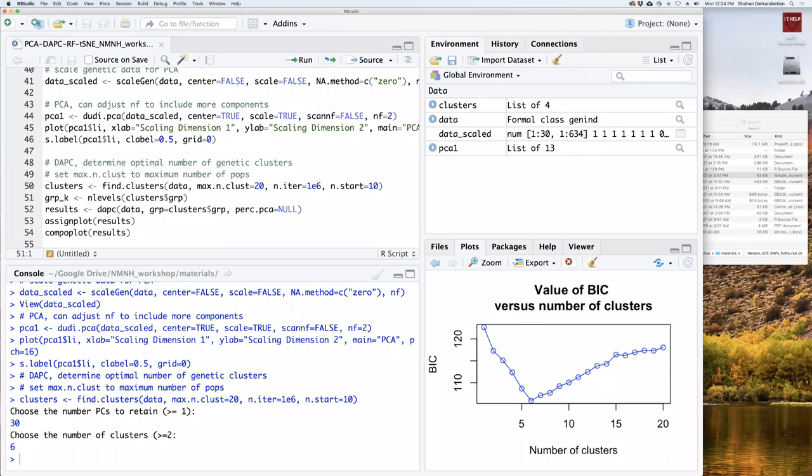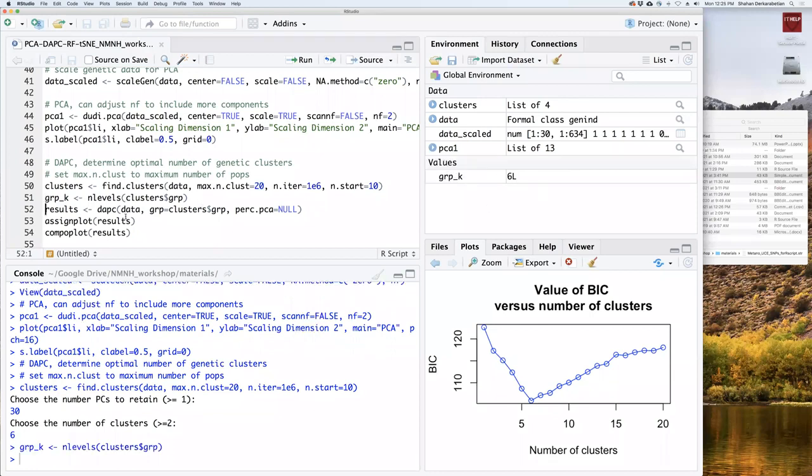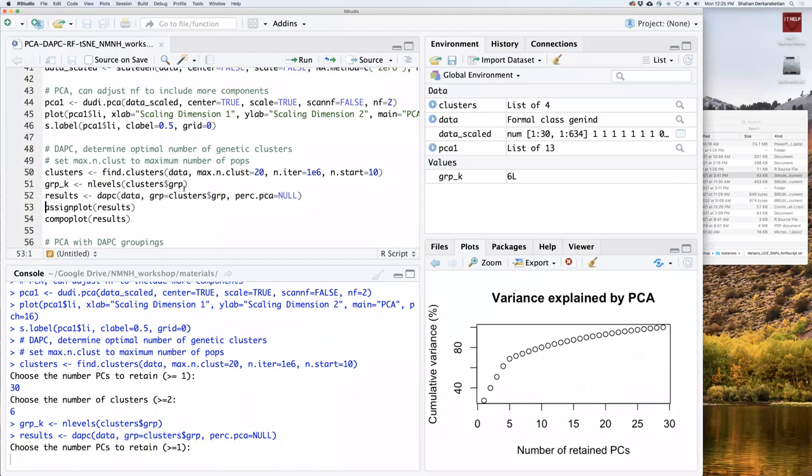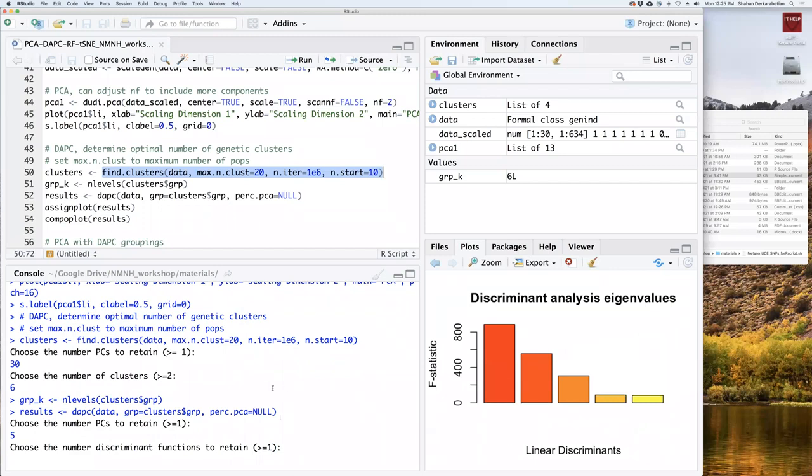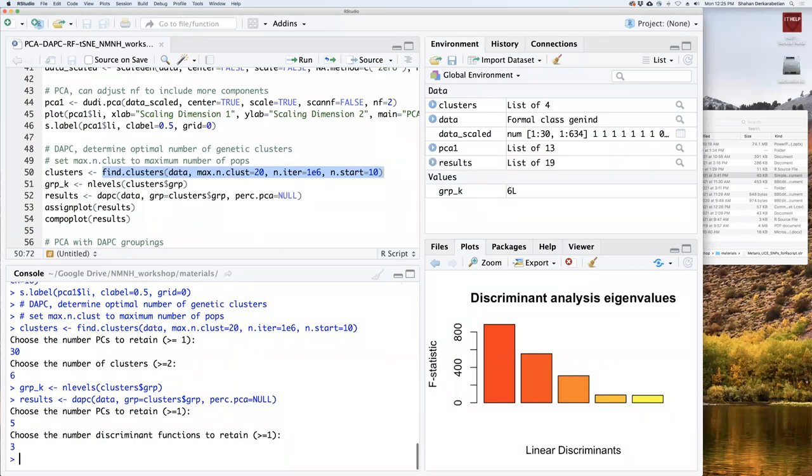Okay, so group K just stores that number in this variable here, which I'm going to call later. Next, we're going to do this assigns, so this determines the number of clusters, and the rest of this assigns the samples to those clusters. In this step, you don't want all of your principal components. So I'm going to pick 5 because I know ahead of time that that's the best number. And then here, again, there are objective ways of picking this. I'm just going to pick, I don't know, 3. Let's just go with 3.